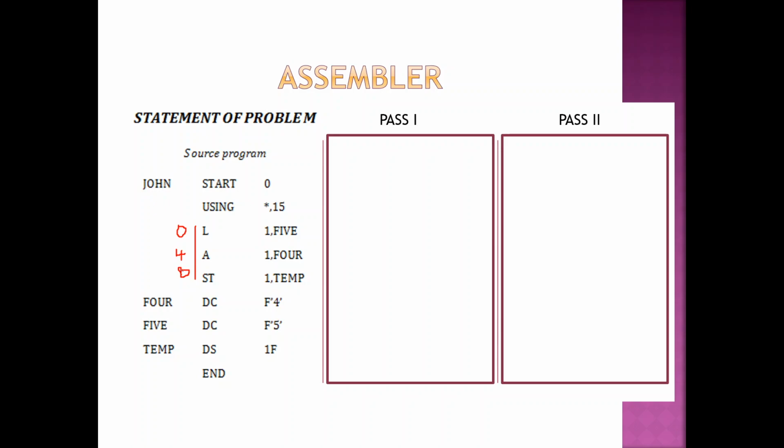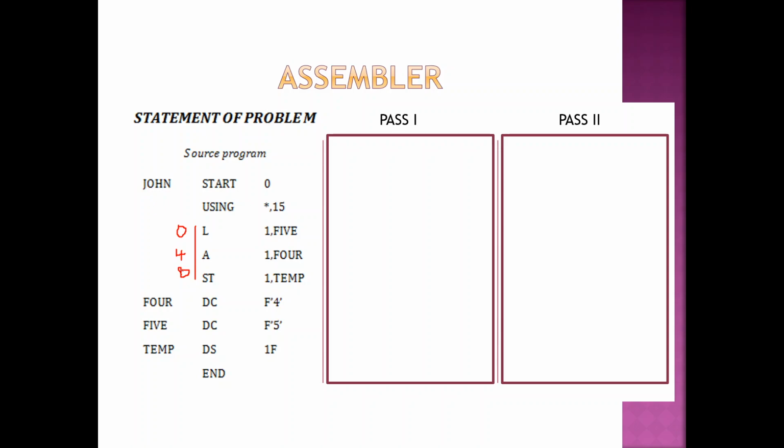Temp is the variable, or your symbol is going to be known as temp. So you're going to load a number from 5 and add that with a number from 4 and store it in a register in a symbol called temp. What is stored in 4 and 5 is the next line. 4 is nothing but number 4 is stored. 5 is nothing but number 5 is stored. So 4 plus 5 is going to be 9, and that is going to be stored where?